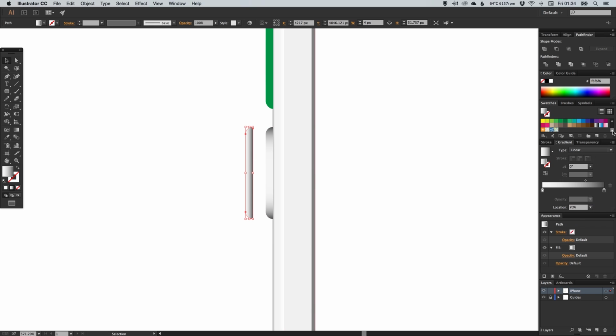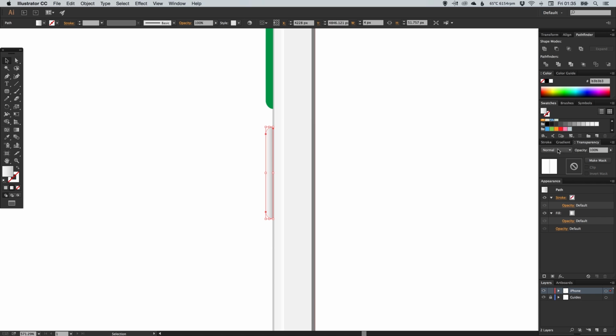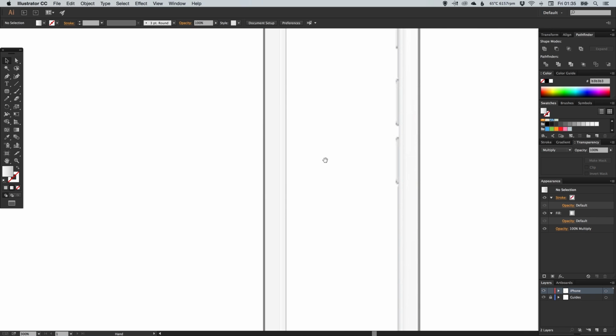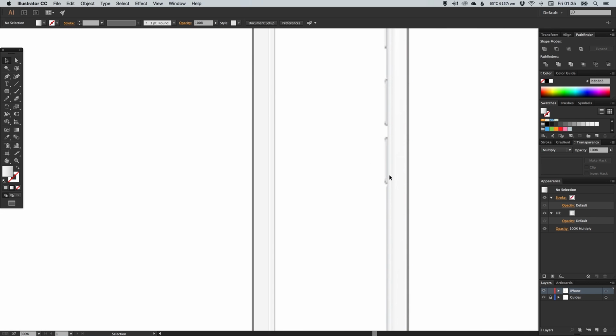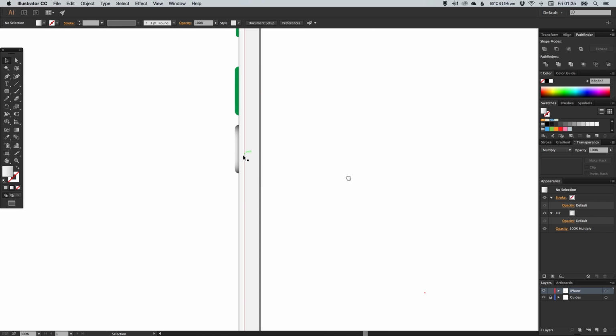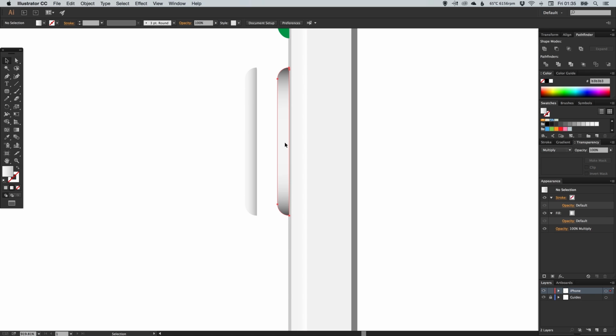And I'm going to pick a lighter grey, and then I'm just going to shift click that back into place. And I'm going to set the blending mode in the transparency palette to multiply. Because we've got these little points either end, but then we have a darker gradient through to a lighter one. So let's shift that back out again. What I'm going to do with this one